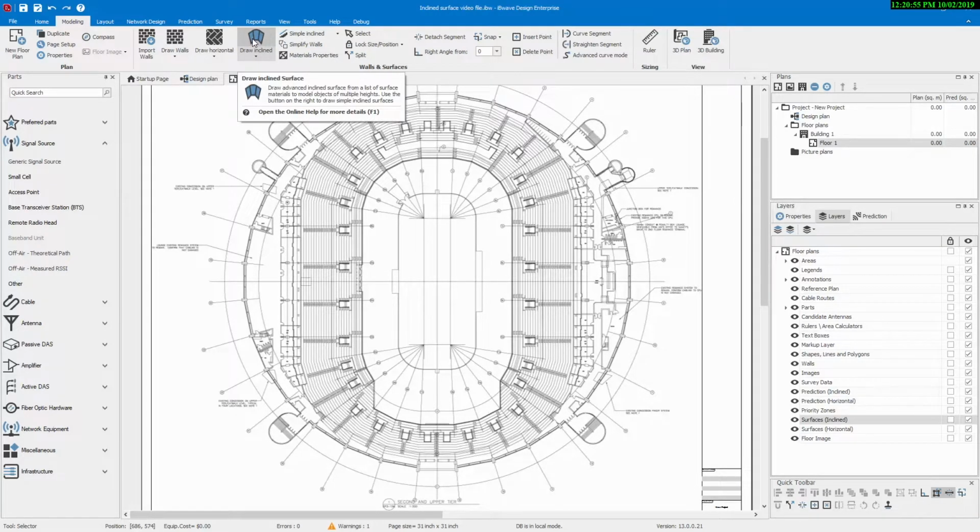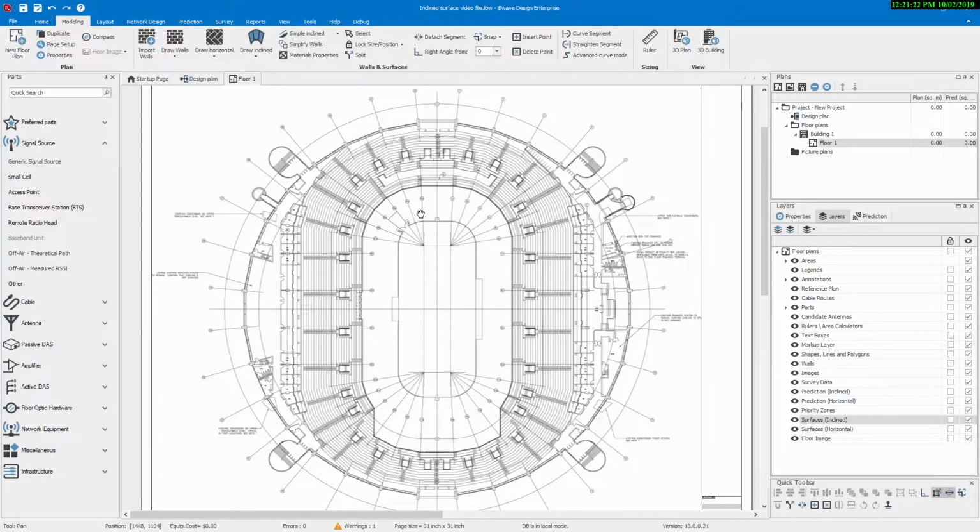As you can see in the mouse over, there are some instructions on what it does, and you can access your help file by pressing the F1 key. Anyway, it does work the same way as it used to. You can select your materials, and in this case we're going to do concrete. So this is a hockey stadium,